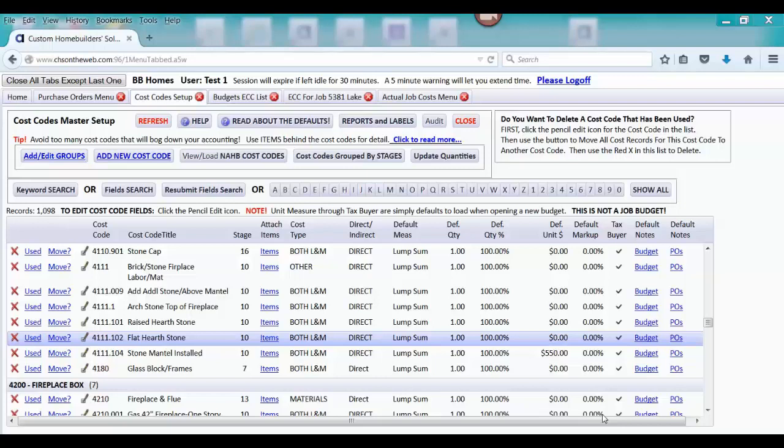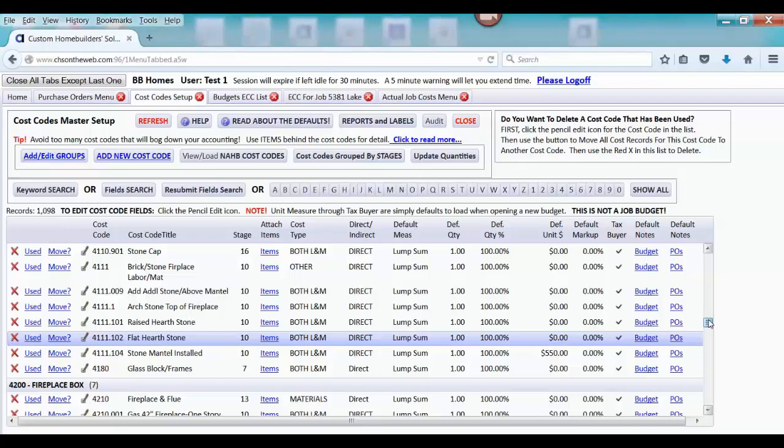You can compare the budget to POs issued, change orders, and your actual costs. They are designed to be cost centers, and then there is something behind the cost codes. If you want to have detail for doing takeoffs and job budgets, there's something called items that you can set up behind the cost codes. So when I mean cost centers,